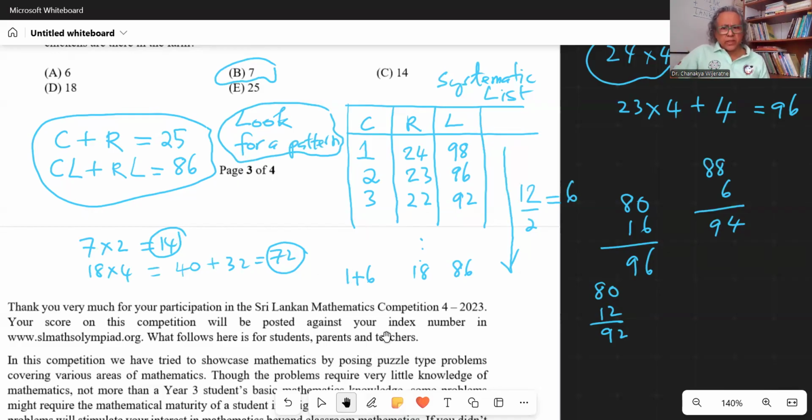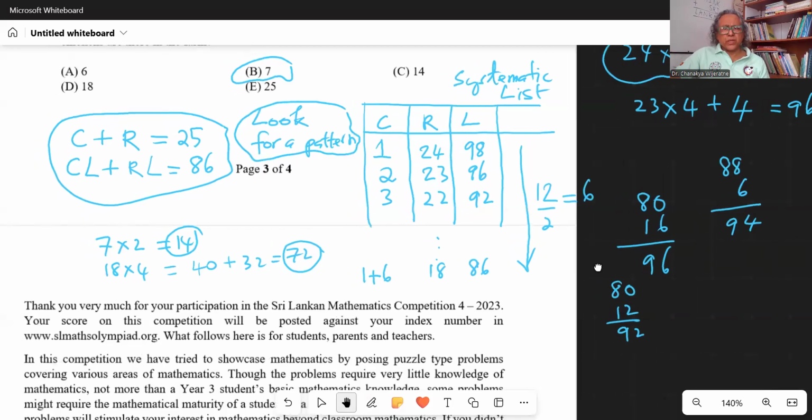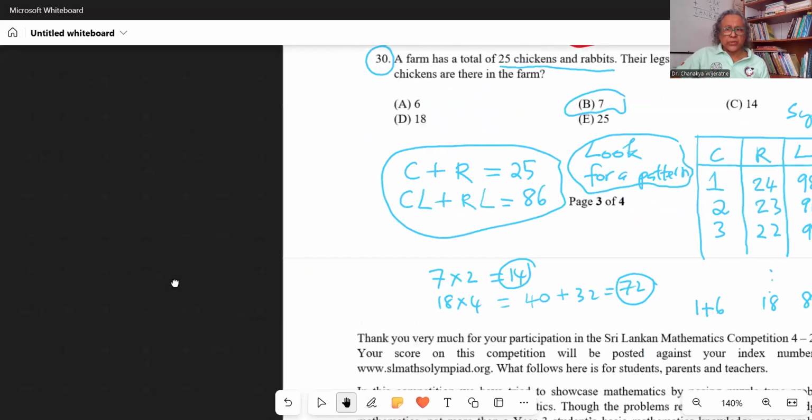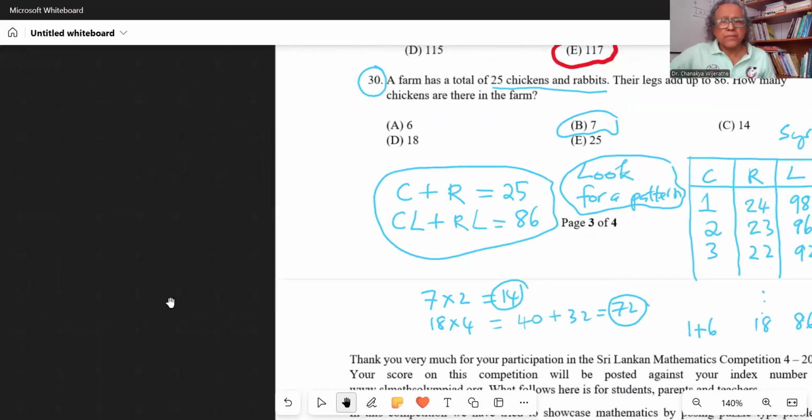So that's good. Is this the only solution? Is there another way of doing it? Yes, there is. I'll show it to you, and then I'll ask you to do a variation of it. Okay, this is a way. The total number of chickens and rabbits is 25, and their legs add up to 86. Now, if chickens also had 4 legs,